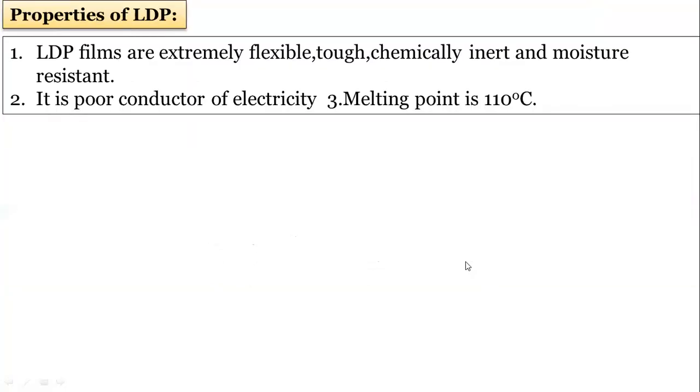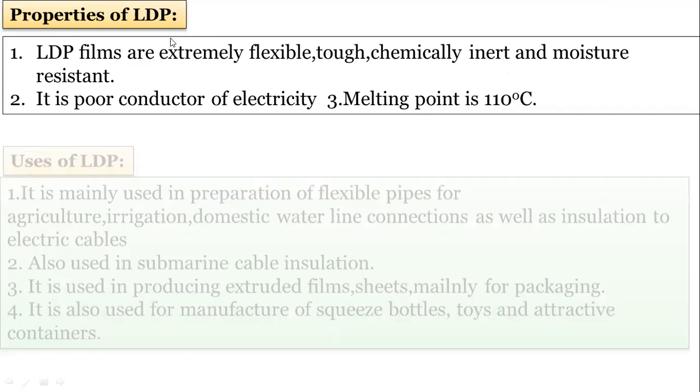Low density polythene films are extremely flexible. These are very tough, chemically inert, and moisture resistant. It is a poor conductor of electricity, and the melting point is 110 degrees. Due to these properties of low density polythene,